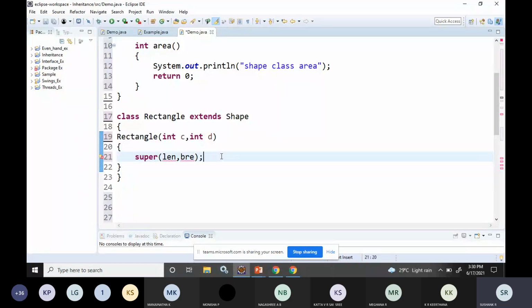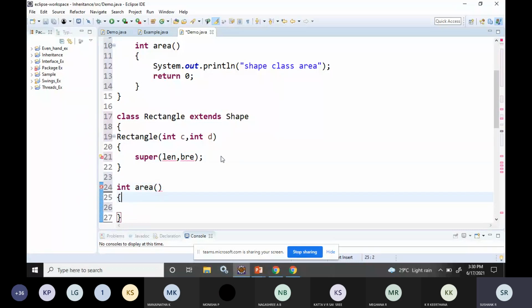After this I will create a function called area. Now the area function is there in the shape class also, and now the area function is there in rectangle also.